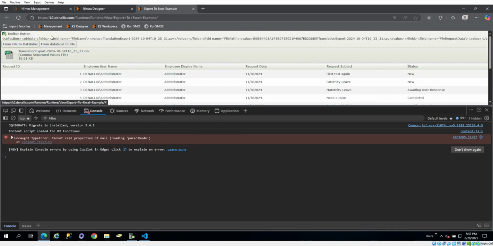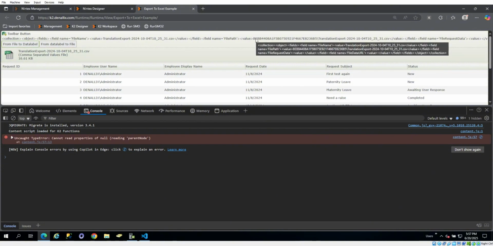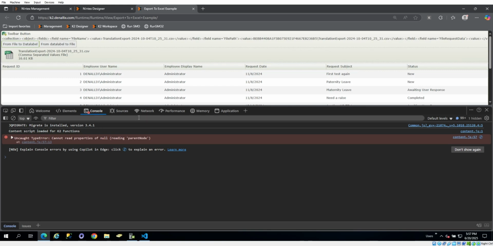So what does this look like in the background? It looks like this weird bit of XML, right? And look at this, we have this file path here. That's what we're going for on this other request. We want to get this file path and put it in there. And in the background, we could see